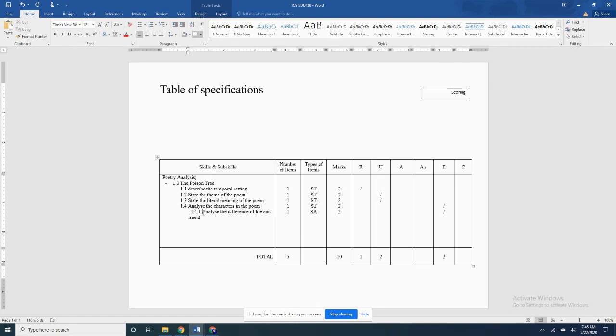So if you have analyzed the difference of foe and friend, hence it should be analysis here and not evaluation because this is an analysis question. Okay. Or it could just be an understanding question at this point because you put analyze here. So I'm just going to accept the fact that it is an analysis. Okay. So please change your evaluation to analysis. It should be here. The tick should appear here.